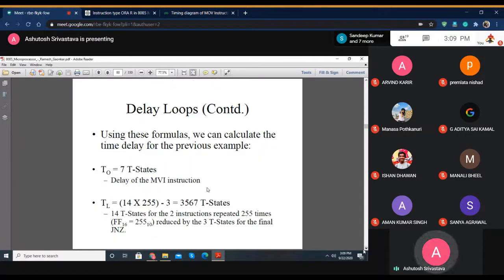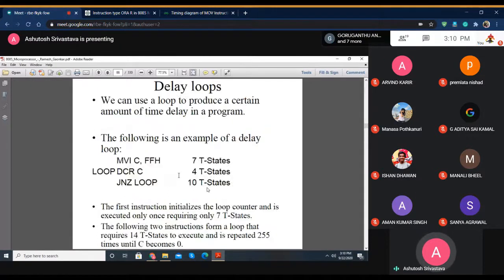Is that clear? Yes, sir. So these are the total number of states in the inside loop plus the outside loop. So the total delay is,